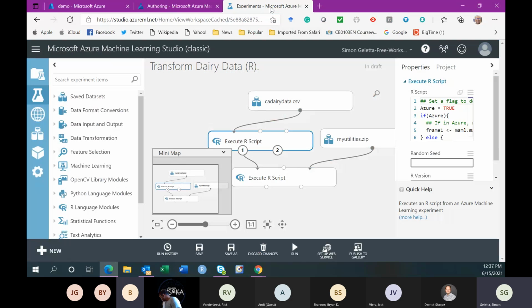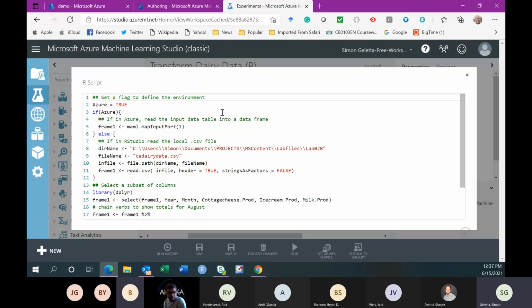While that is going on, I'll show you different scenarios. On this application, this is not a no-code one. I used R code. I developed this code on my desktop. I have R on my desktop, and I use this flag, Azure, to turn it on or off.